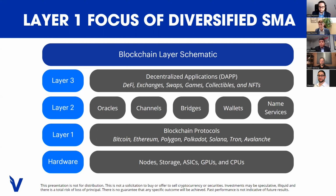Moving up to layer 1, we have the first layer of software that is crucial to any blockchain and the focus of our SMA products. We'll come back to this in just a couple of seconds after introducing layer 2 and 3. Layer 2 refers to a secondary protocol that is built on top of an existing blockchain. To keep it simple, the main goal of these protocols is often to solve scalability and usability issues faced by layer 1s. Layer 3 could also be referred to as the application layer. The main task of this layer is to host decentralized applications related to DeFi,